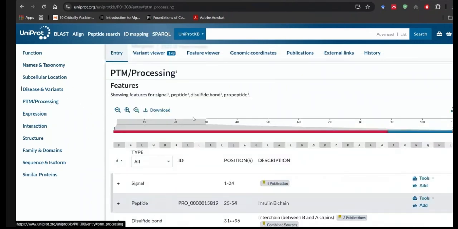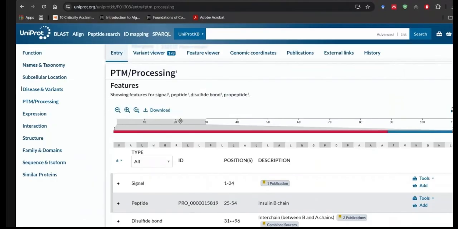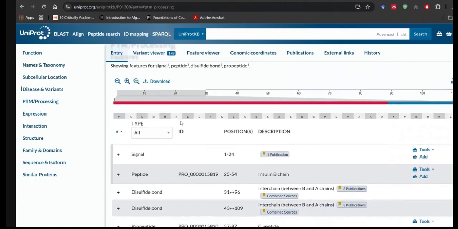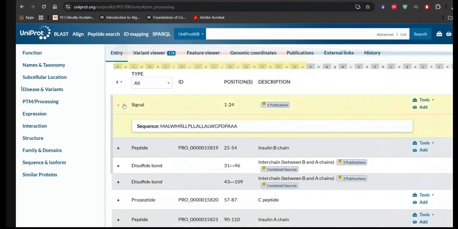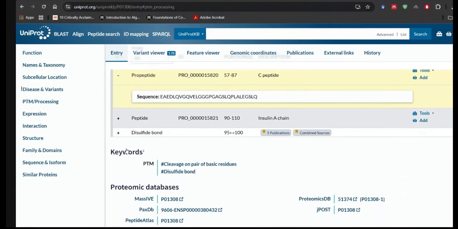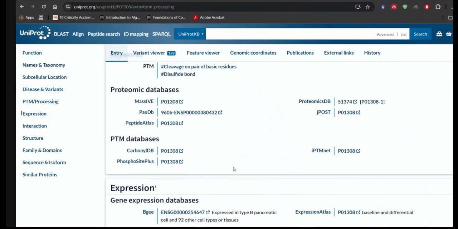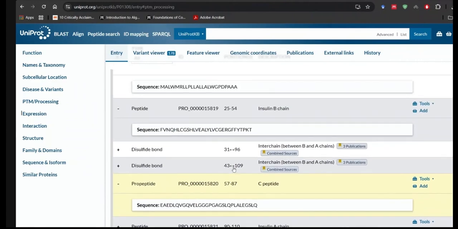Then we also have the post-translational modification information, right? How the protein is modified after translation, there is more information about it. You can check where the sequence is changed and stuff like that. It depends upon the question you are asking, that you have to look for the answers. Mostly you will find these answers in these kinds of